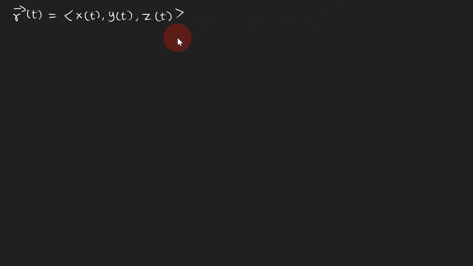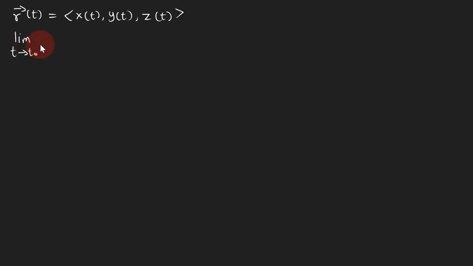In this lesson, we are going to learn how to find the derivative and the limit of vector functions. So let's say with this vector function that I have on the screen here, which has the following component functions: x of t, y of t, and then z of t. If you are asked to find the limit of this function, let's say the limit as t approaches t